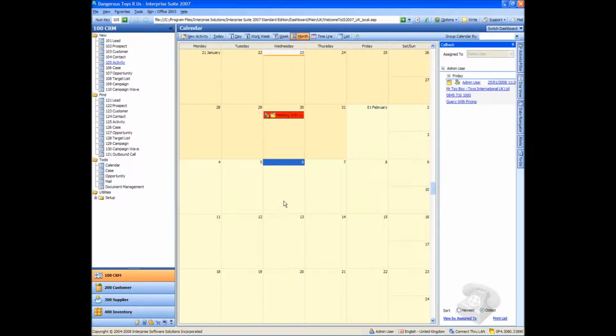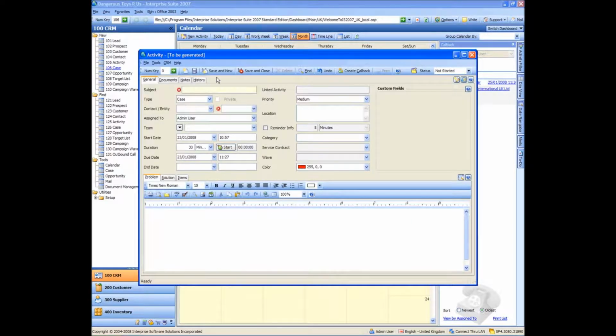Okay, now what we're going to do is go and create a case. So if we go to new case, now a case is usually for fault call logging or a support call environment. So we're going to have a case for gun is broken,